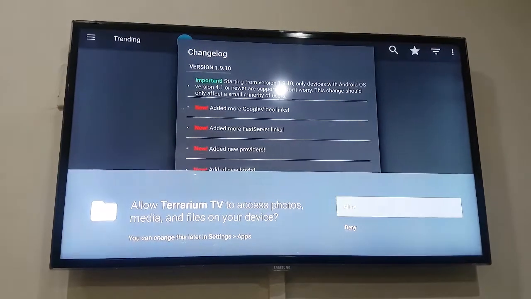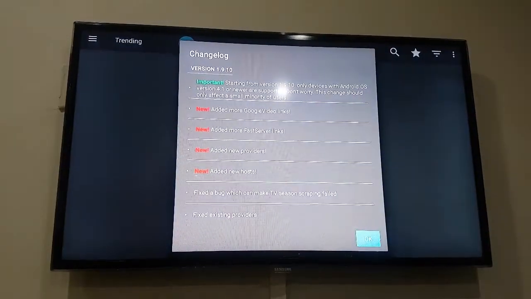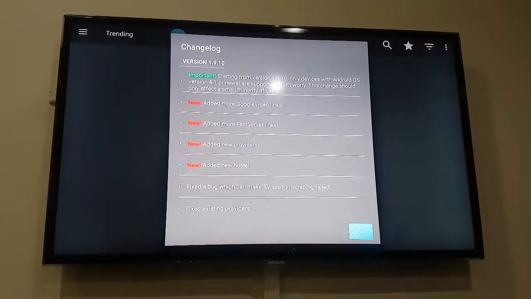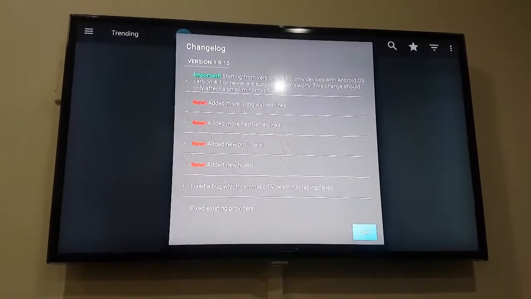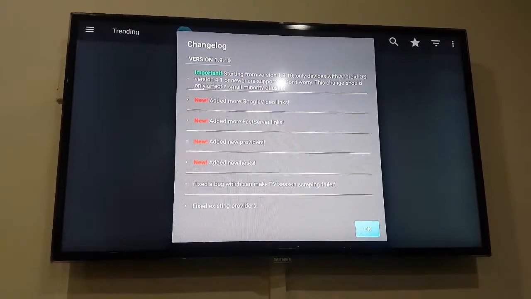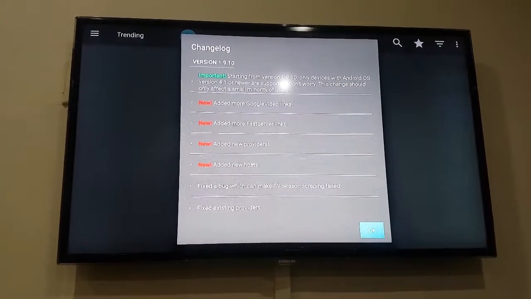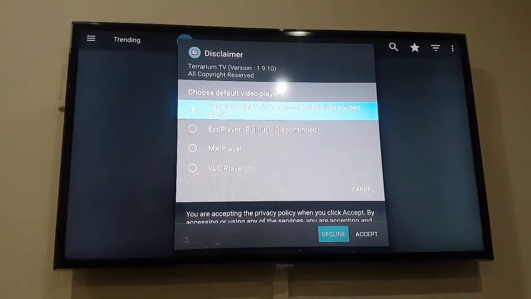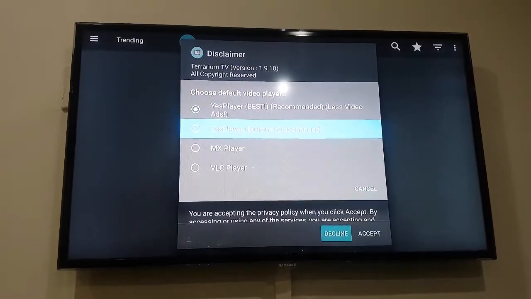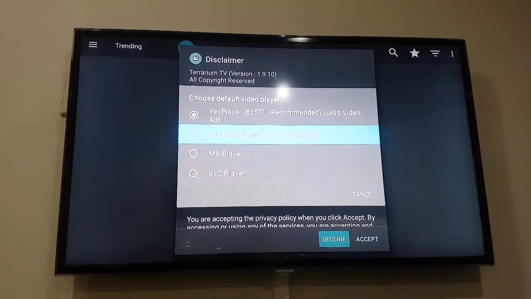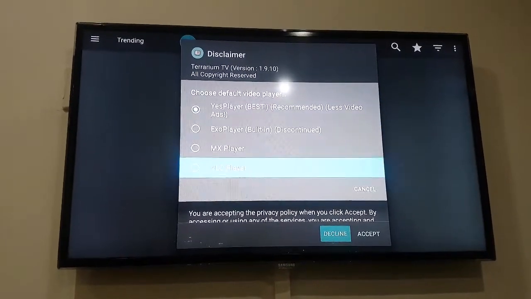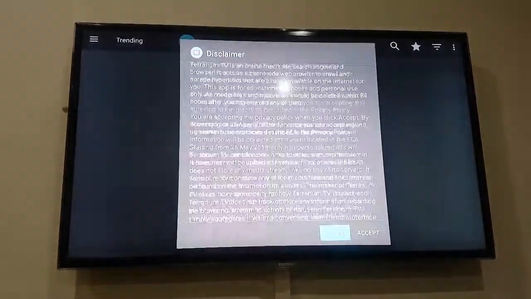Going to give them access, and this is all the new information. They added more Google fast links, fast servers, and improved some bugs to make it a more user-friendly experience. Gonna click OK. XO Player has been discontinued, and Yes Player is the new player, but I suggest still using XO Player as it still gives me a faster